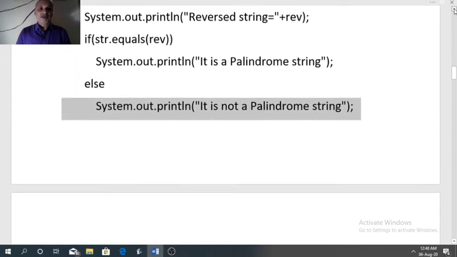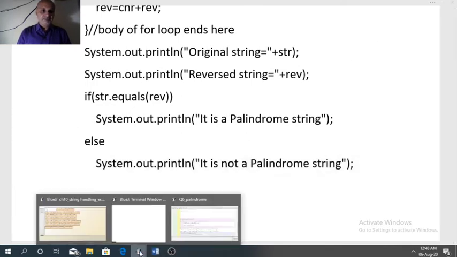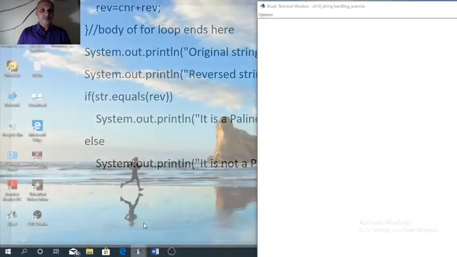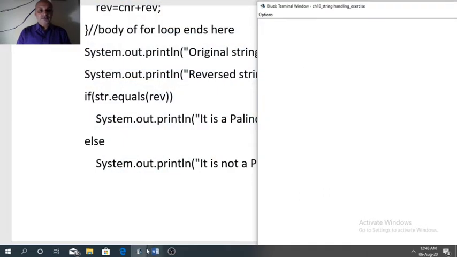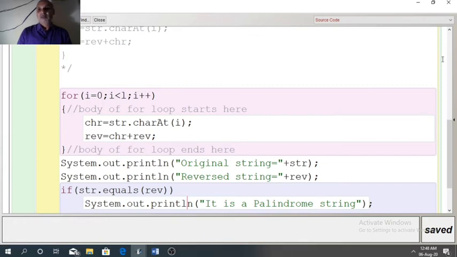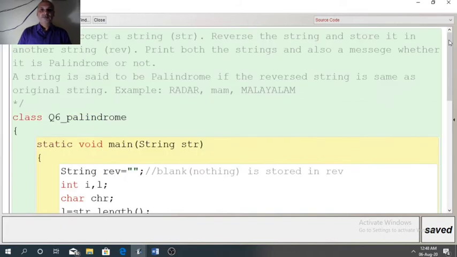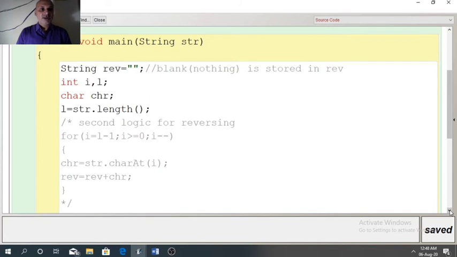Now we will see the exact program that I have designed. This is the same program that you have seen just now. Working I have already explained.